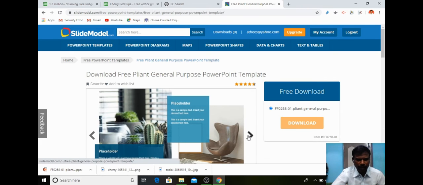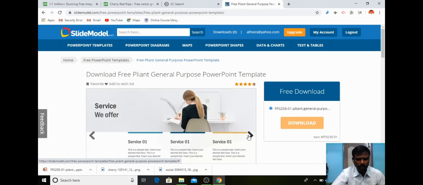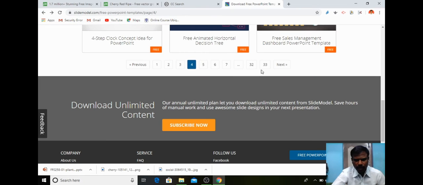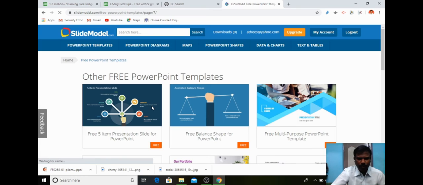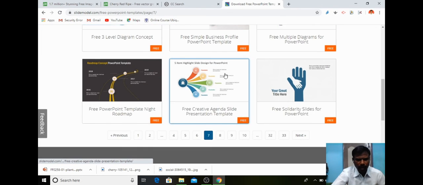For example, I can see the other slides also. Like this. If you need another design to download, I can go to the next page. For example, page number 7. You can search it, and according to your need you can download any number of templates.